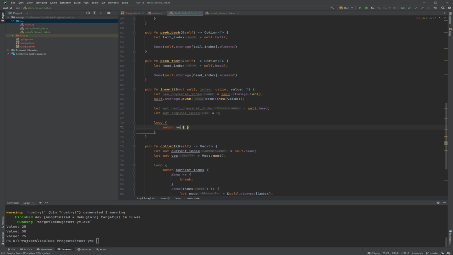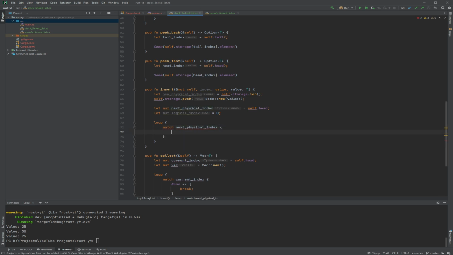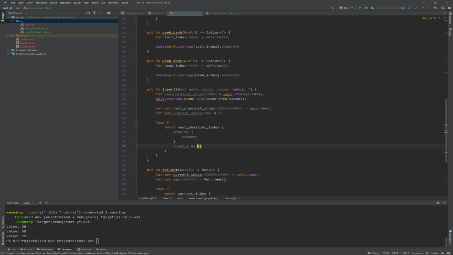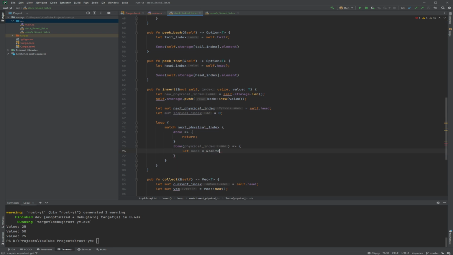So we're going to go to the next physical address, and if there is none, then we break, or actually return in this case, because it's a function that does nothing else afterwards. So now we have some sort of data, the physical index. Now we want to get the node, because we want to keep iterating until the logical index matches the logical index the user asked for, because we want to insert after that logical index.